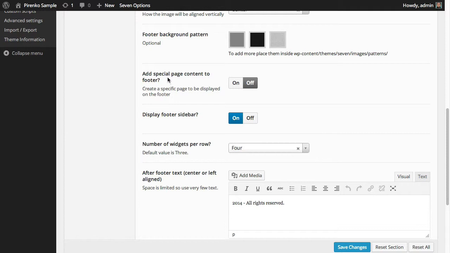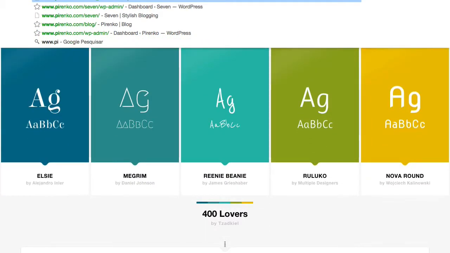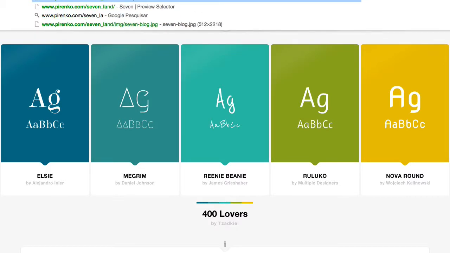In terms of the footer, you can also append a special page content to the footer. I have this on the theme preview. Let me just show you what we are talking about here. So you have just the option to create a page or a special page that will be appended to the footer, and